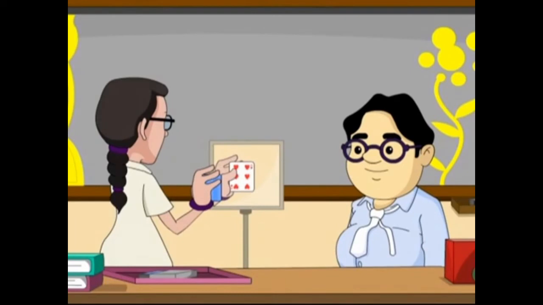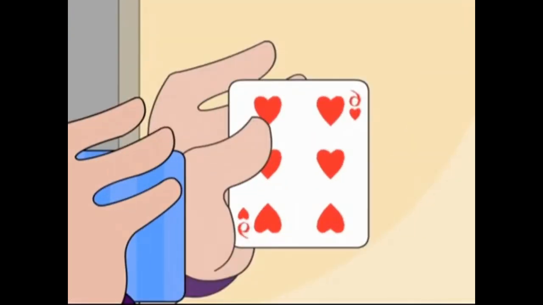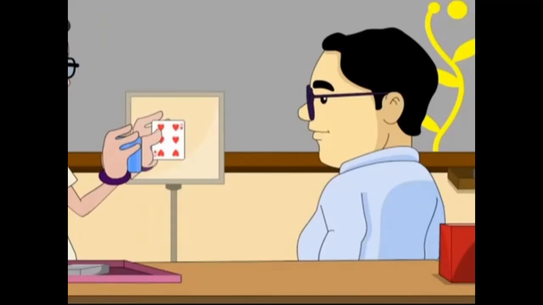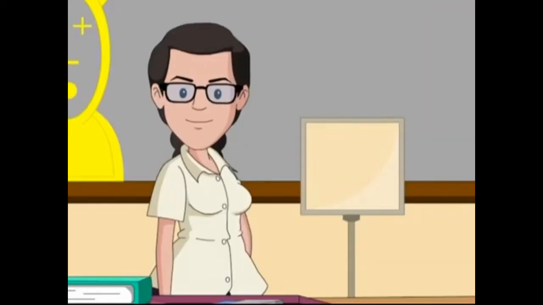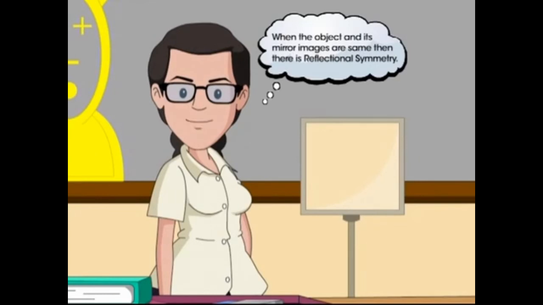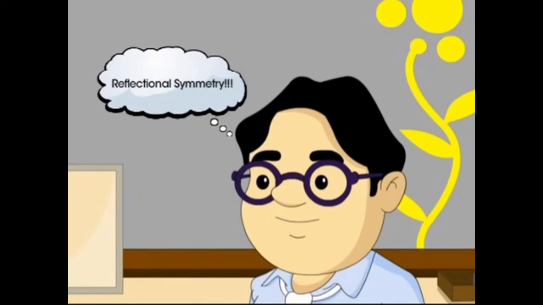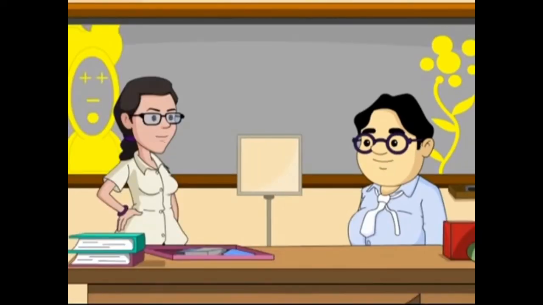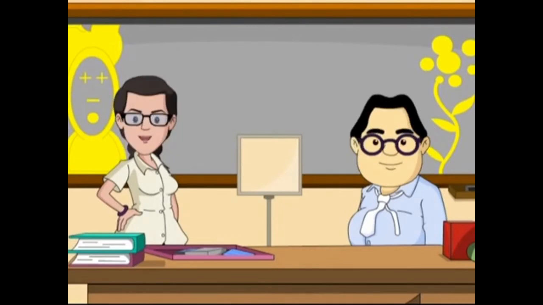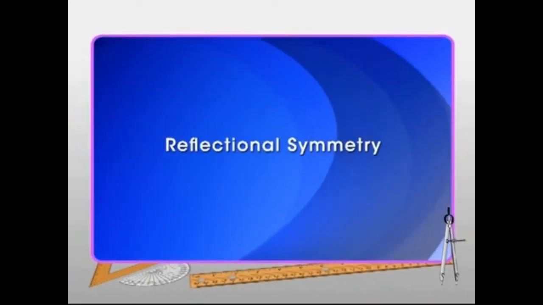Let's look at this card in the mirror. What do you see? The hearts look the same, but the 6s? Both the 6s have flipped. Ah, it's because this is a mirror image, Miss Marks. Right, but the hearts appear the same. When the mirror image of an object is similar to itself, it's said to have reflectional symmetry. Reflectional symmetry? That's a new one. Yes, Snail, and that's our topic of the day. So into the virtual world to understand the wonderful world of reflectional symmetry.